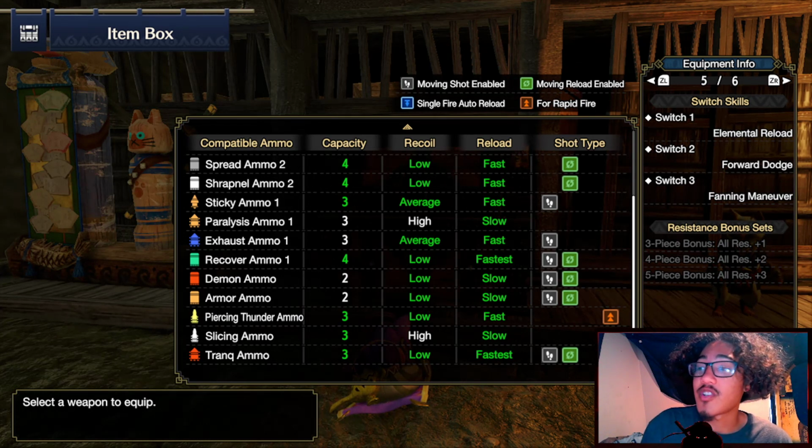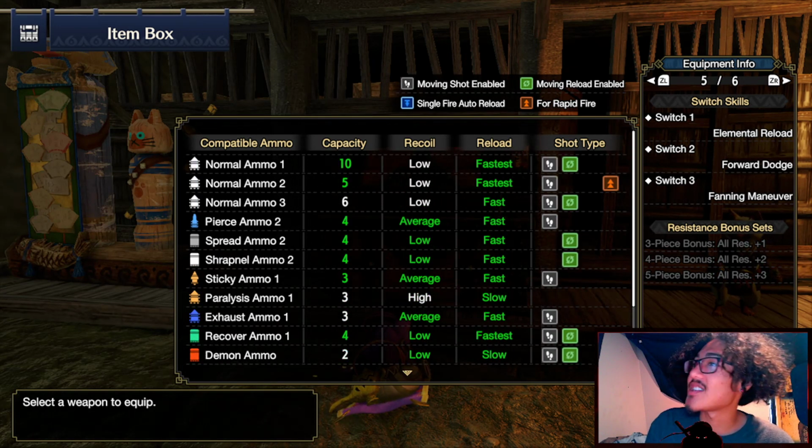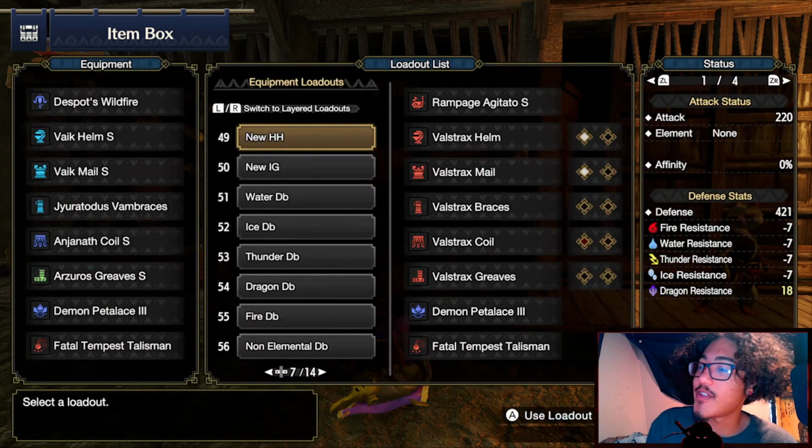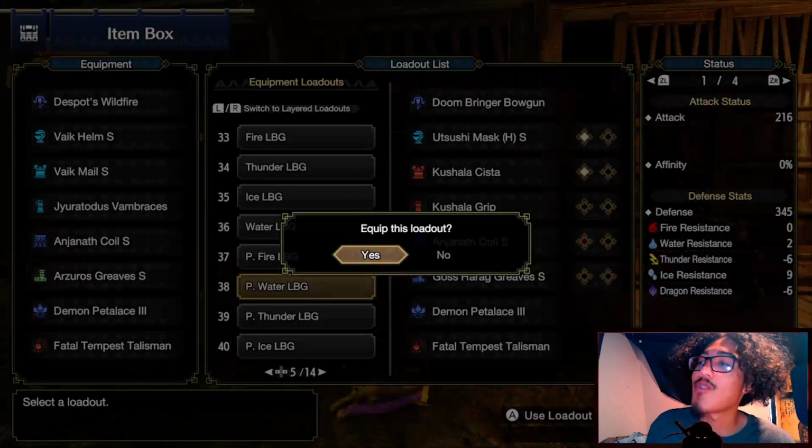And the star of the show that we are using for this build is the piercing thunder ammo, which is on low and fast and rapid fire. However, we can't really use slicing ammo to a great effect due to the high recoil and slow reload. But that is our build, and without further delay, let's go on to our water light bowgun build,